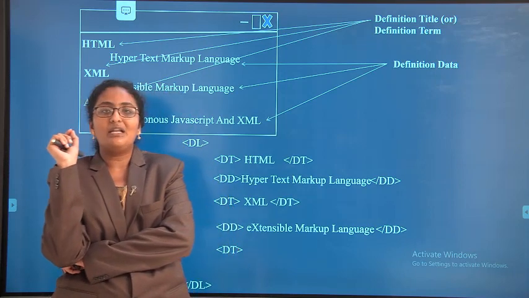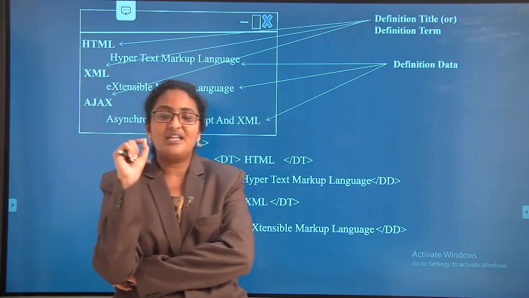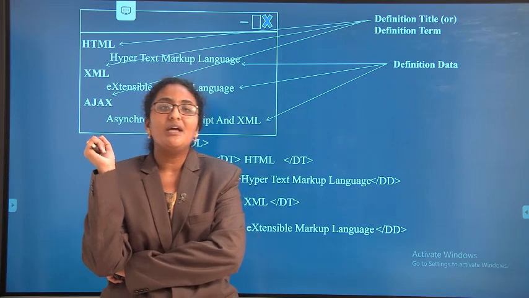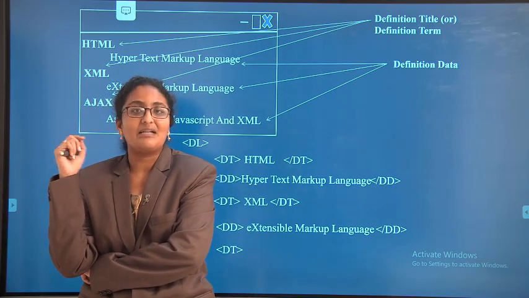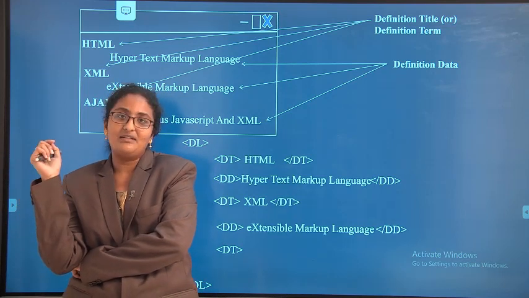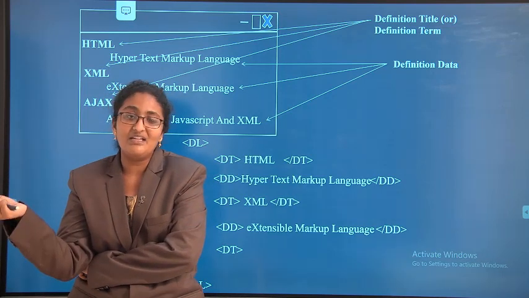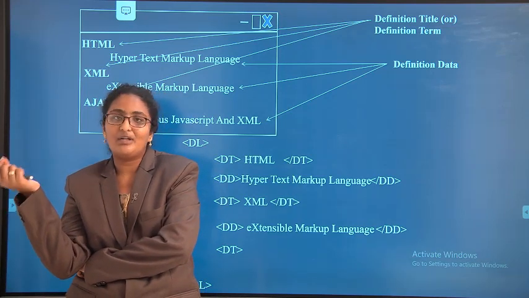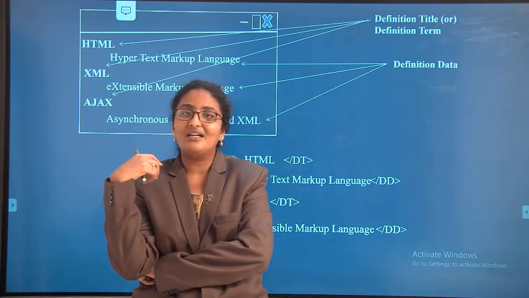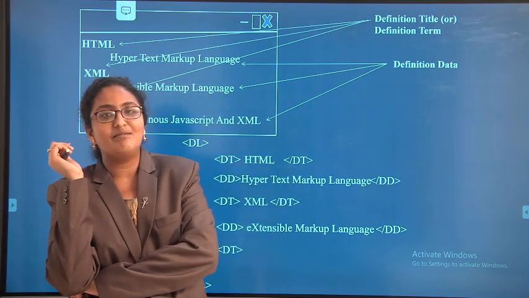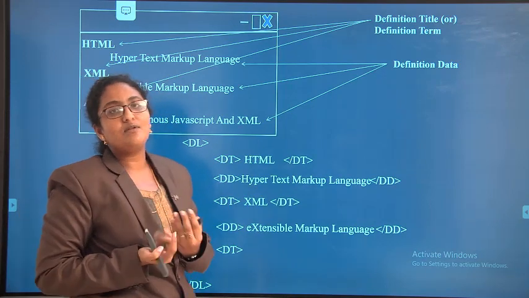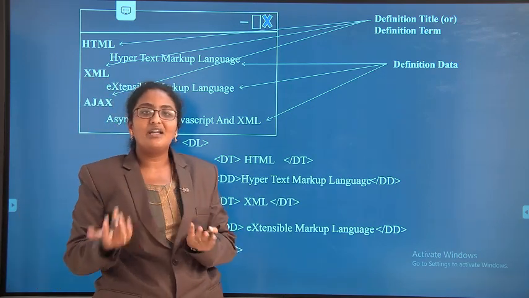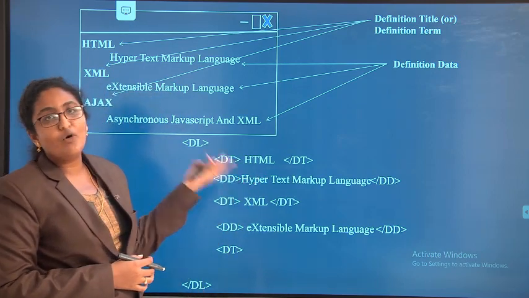So I wanted to tell you, we have discussed HTML, hypertext markup language, a brief introduction, some definitions and 15 different HTML tags. After that we discussed how to insert an image. After that we discussed hyperlinks and the anchor tag, which is nothing but hyperlinks. Next we discussed lists. Three types of list we have: ordered, unordered, definition list. Next we will discuss tables.